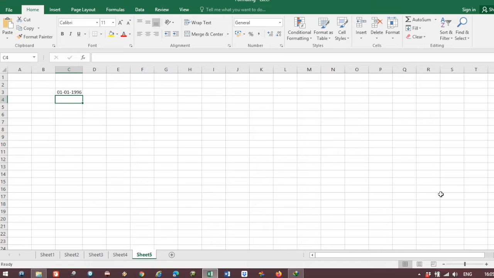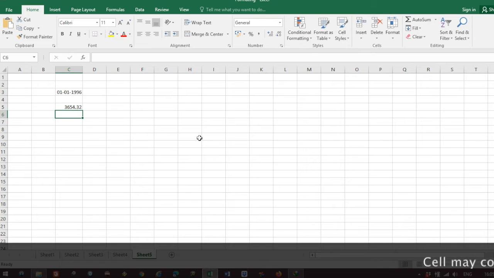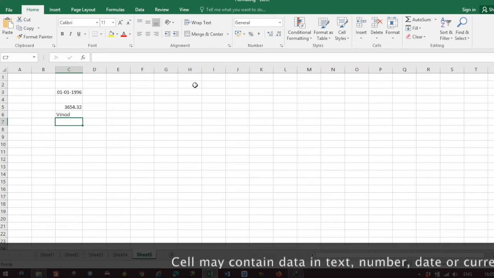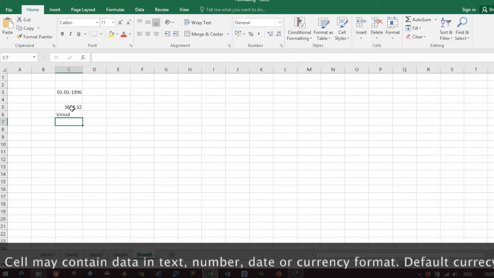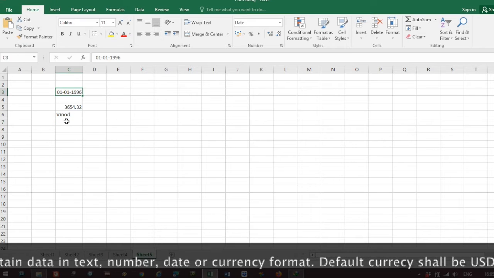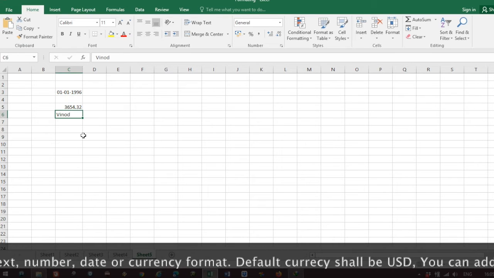Likewise, you can enter any data. If I put a number, it will be in a number format. If I put some text, it will be in a text format. Number format will automatically be aligned to the right side. Date format will be as per the separator, and text format will be left aligned.